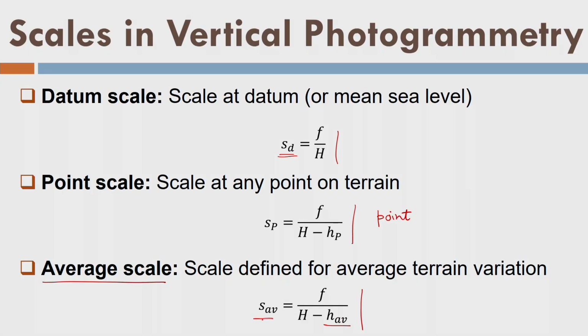So, if the variations are very high, for example 200 meters, in that case this average scale will not carry any meaning. Why? Because one point definitely has a very high scale, which is on the top of a hill, and there is another point on the ground surface, which has a very low scale. So, if I take the average, this average scale is not going to represent the real ground, and a map created by such an average scale will give me a lot of errors. So, we should be very careful while we use any scale. Okay. Let us go ahead now.